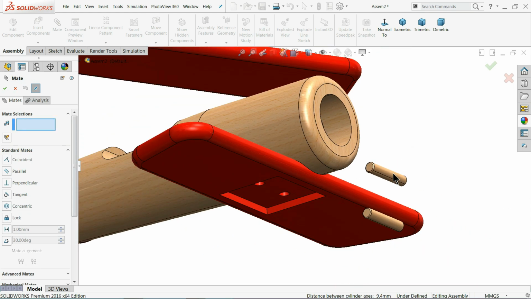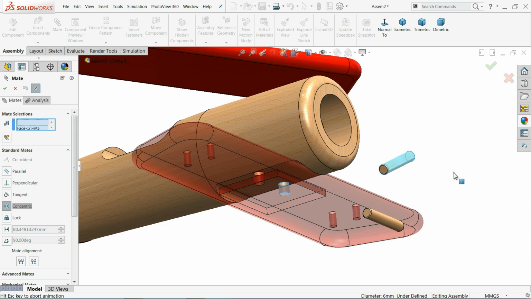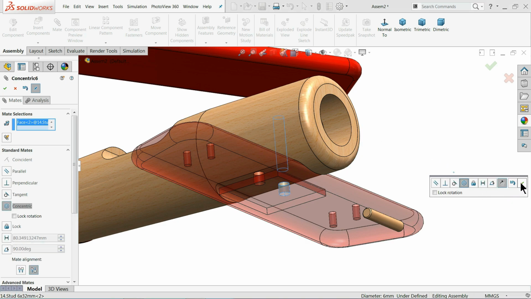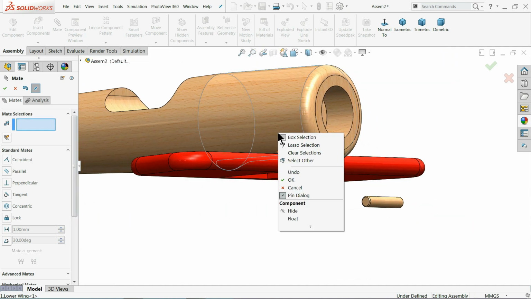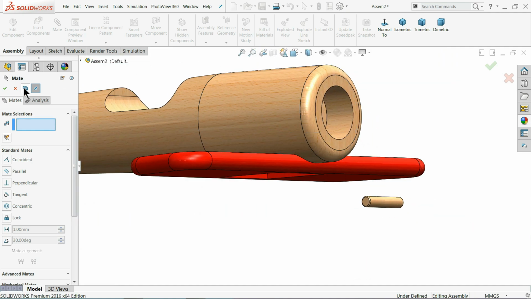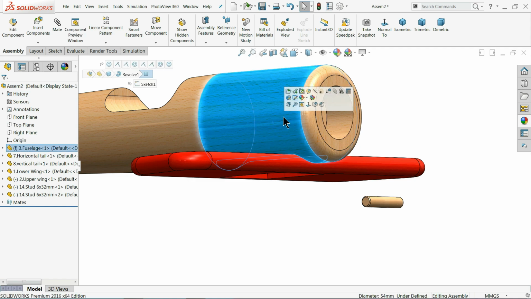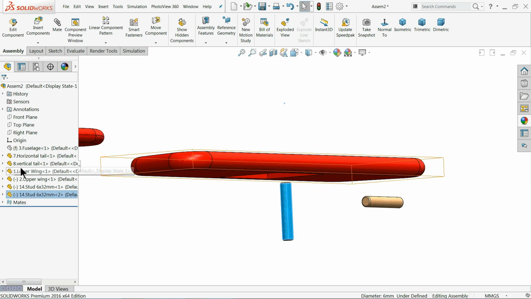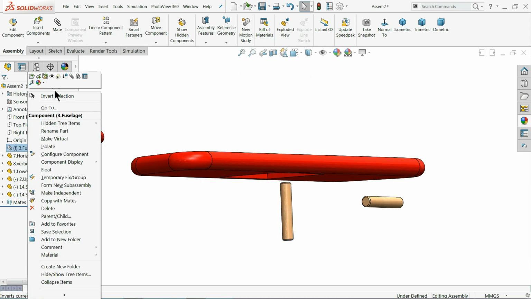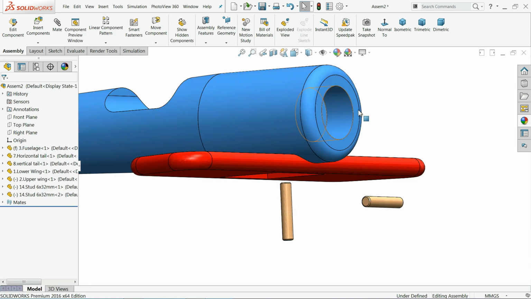Undo, because it is going to take a different position. Now again try. Okay, but it is difficult. Right click, hide component, drag it. Now again click show component. That's fine.